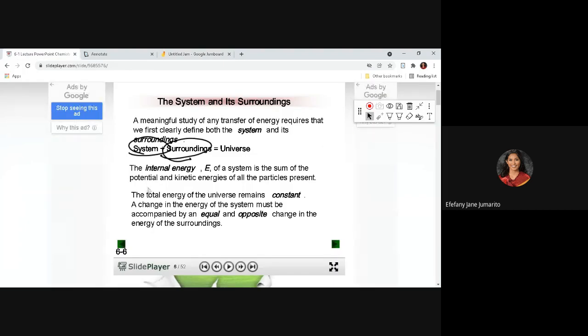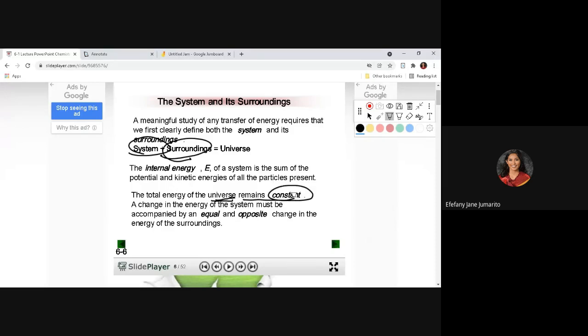Then the internal energy of the system is the sum of the potential and the kinetic energies of all the particles present. Then the total energy of the universe remains